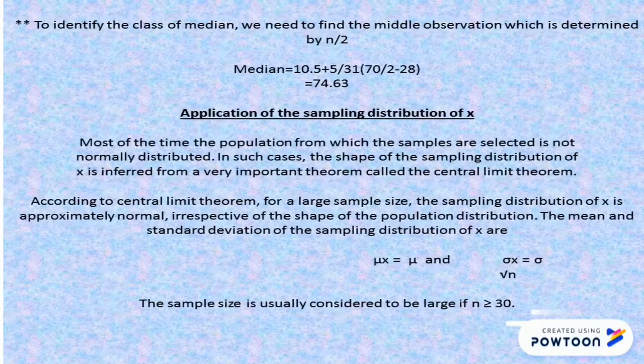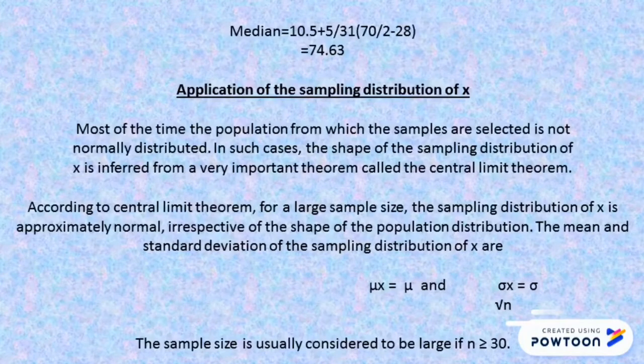According to the central limit theorem, for a large sample size, the sampling distribution of the mean is approximately normal, irrespective of the shape of the population distribution. The mean and the standard deviation of a sampling distribution of the mean are given by the following formulas. The sample size is usually considered to be large if n is greater than or equal to